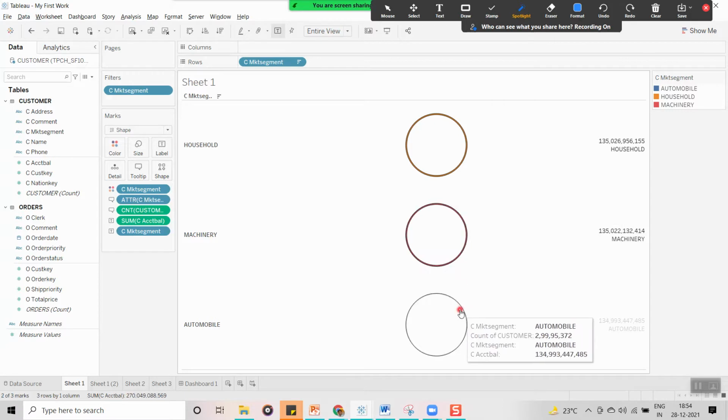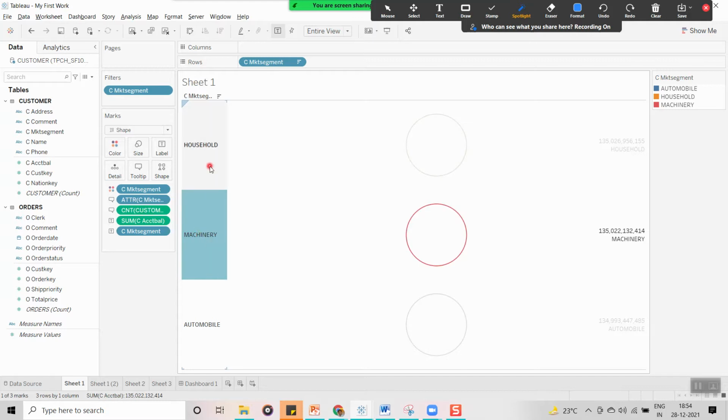Whatever you do here, it is going to display the update. 2 of 3 marks means out of 3 marks, 2 marks are selected, highlighted. So this is how it reads the data. And now you can see here sum of account balance. Now it is displaying individual values; once you sum everything, this is the account balance. It is going to display the sum of account balance. This is the status bar.